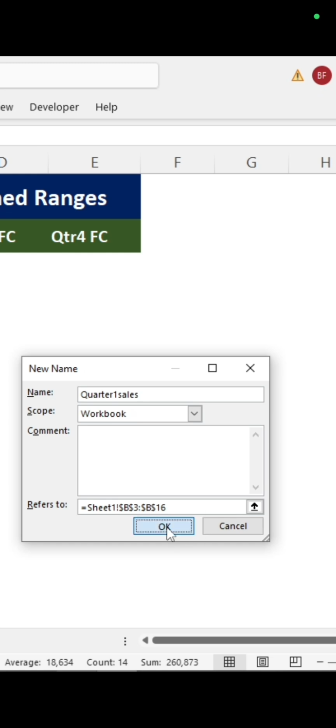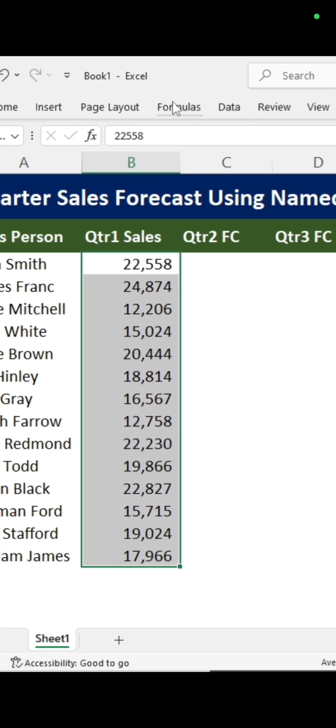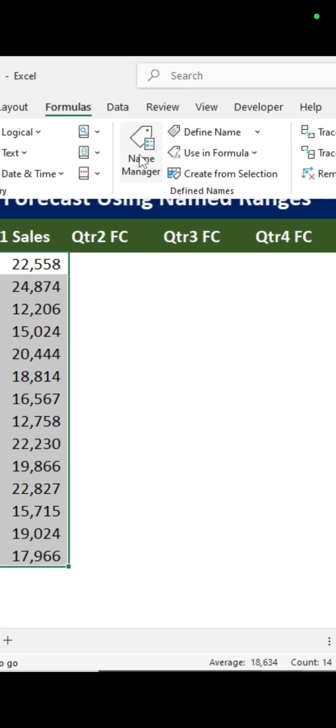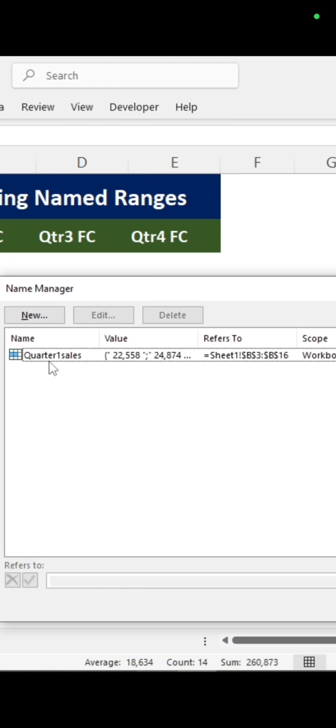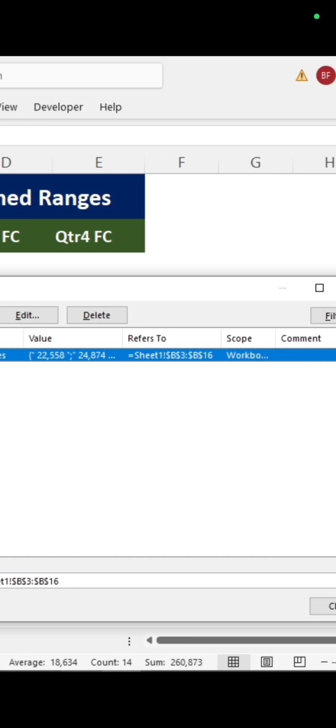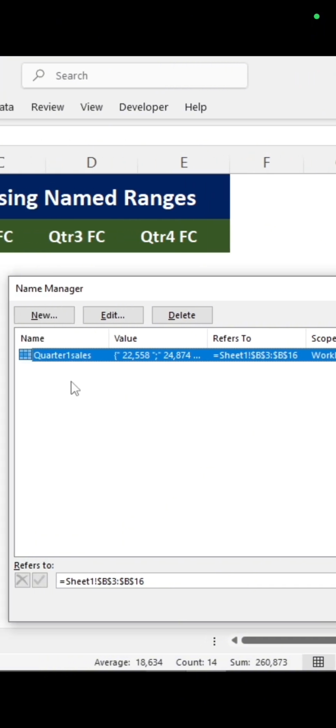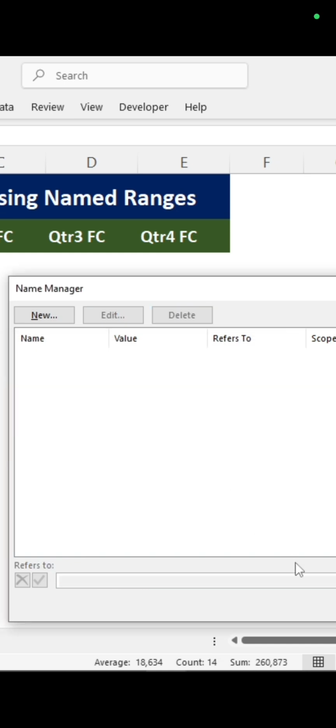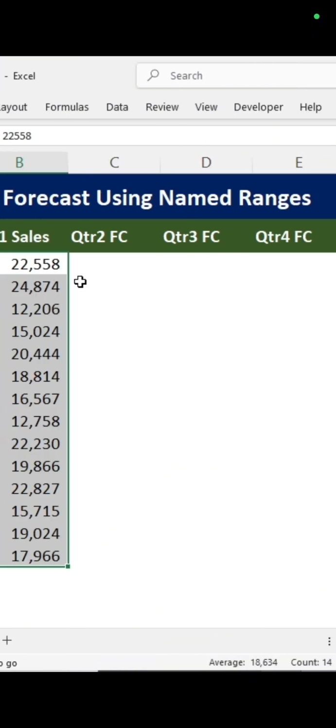You just click OK. Let's check whether it has registered the name manager open, and then there you have it. You got quarter one sales. Okay, you can select it, and then also you can add new name or another set of range in the data set. Then you can edit the name, or you can delete. In my case, I'm gonna delete this, because I'm gonna show you another way of naming the